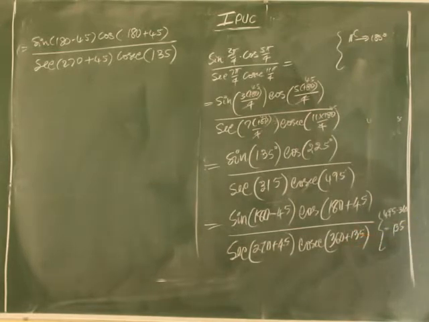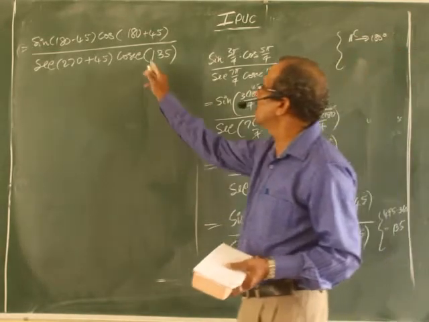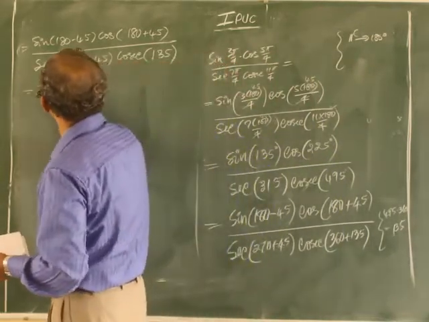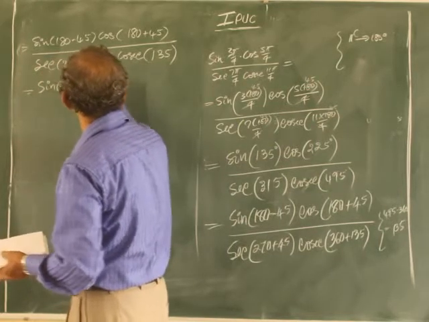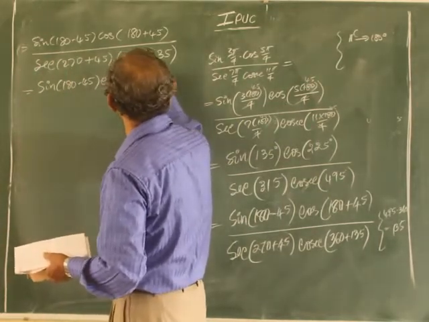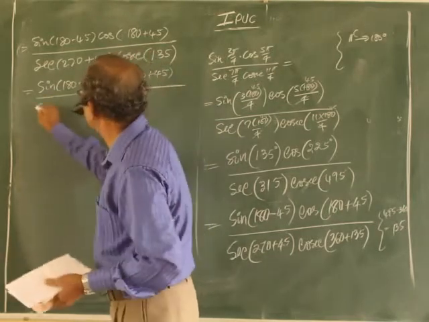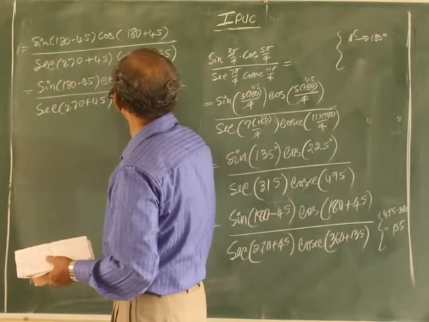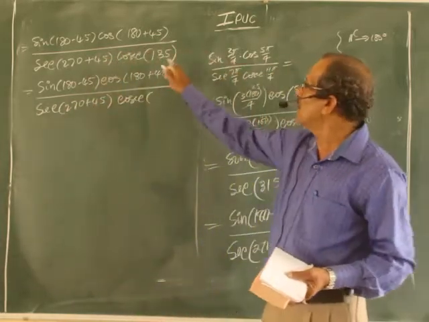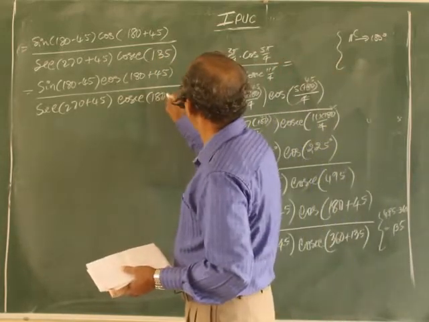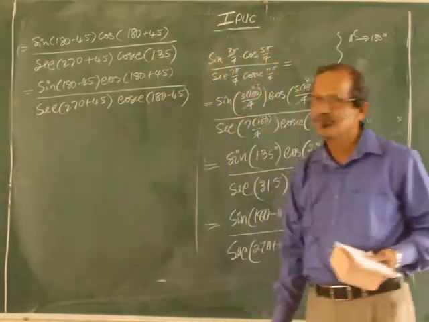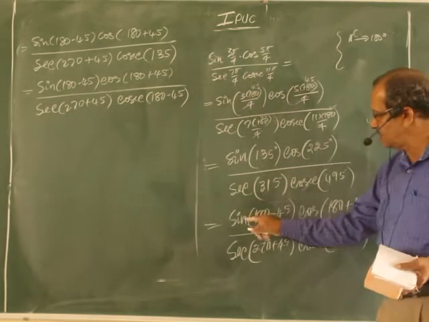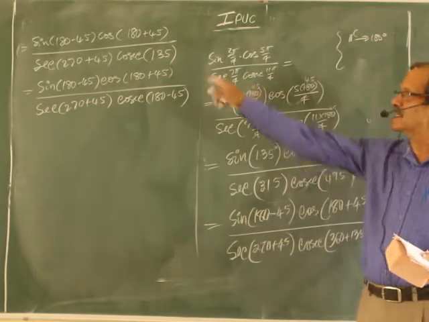If it is more than 360, we know completed rotation must be removed, neglected. Sin 180 minus 45, cos 180 plus 45, same thing I am writing here. Secant 270 plus 45, cosecant, why am I writing the same thing? I want to convert this one now. 180 minus 45 over. All are written in the standard form. In the same set, write all the allied angles in the standard form.